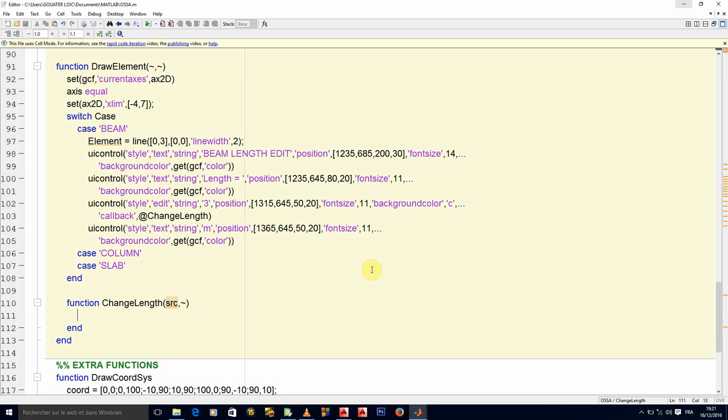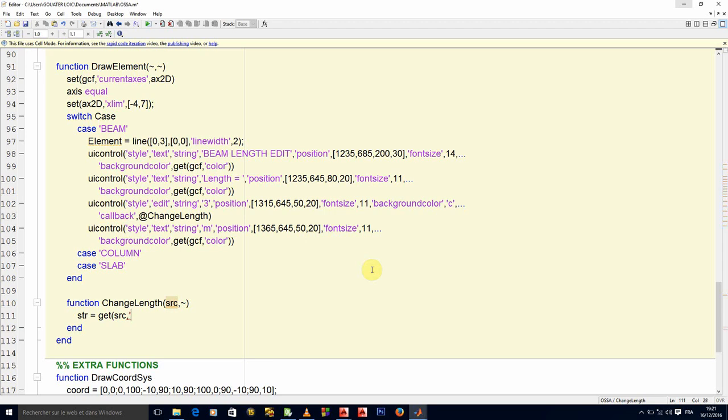Again, the callback is executed when I click on enter or when I click outside of the edit text. So what happens? My number, let me call it str, will have to be get source. Remember, the source here represents the handle of the object whose callback is executing, and in this case that is that particular edit text.